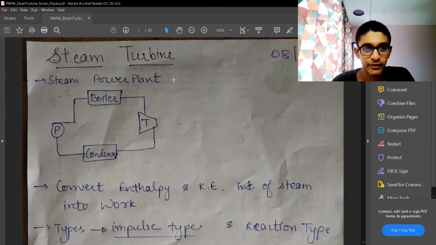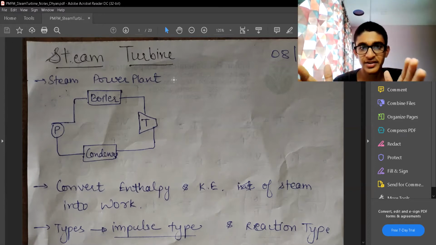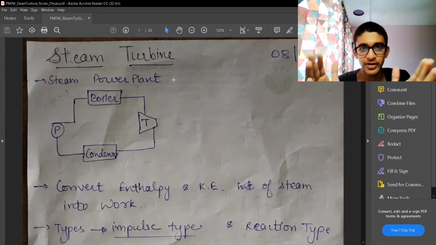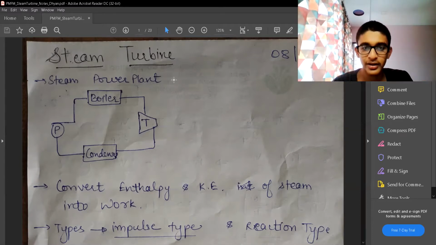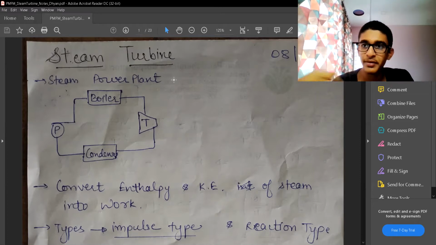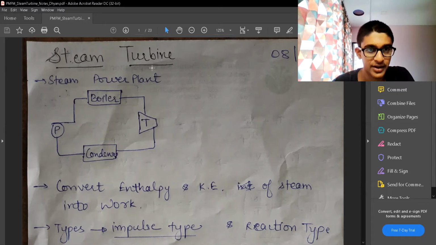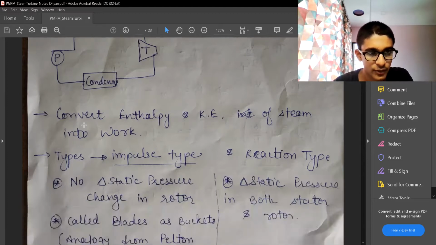So wherever steam is the working fluid and we want to expand the steam, the steam has high pressure, high temperature, and when we expand the steam in some device, that device is going to rotate, and that rotation is going to generate a mechanical output. The mechanical output can be converted to an electrical output later. But the turbine's purpose is to convert the chemical energy, or any kind of energy, thermal energy, to mechanical energy.